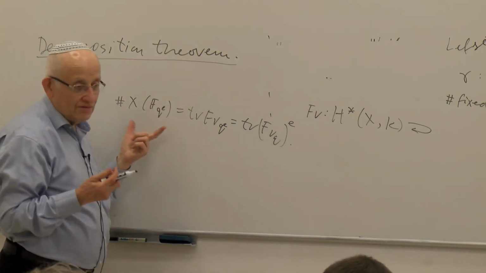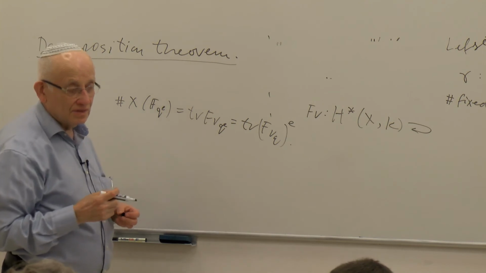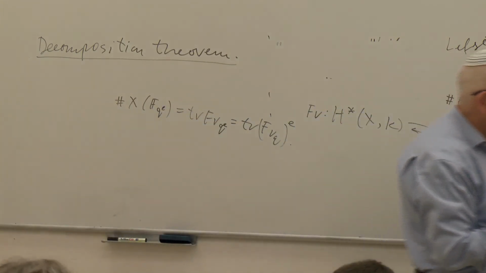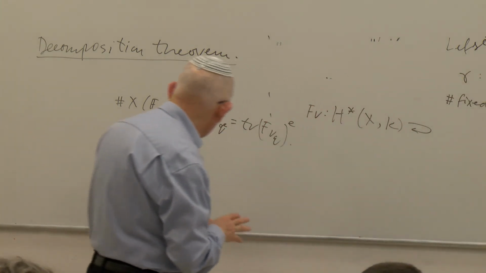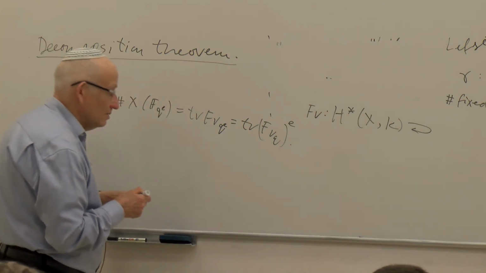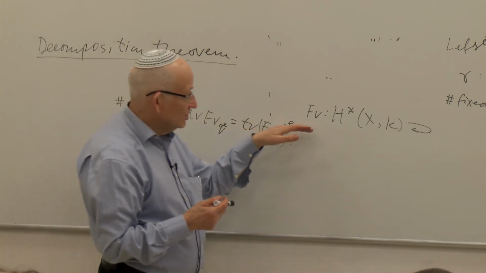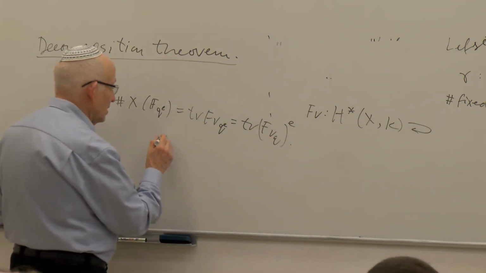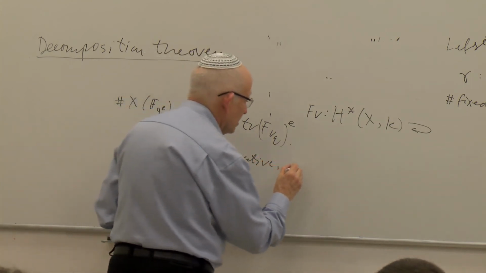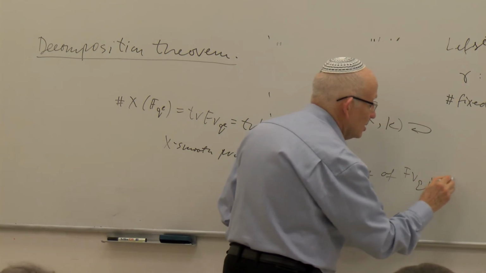So this gives you a first quite non-trivial result. This number of points as a function of L is a sum of several geometric progressions. So from this conjecture, this immediately follows. Okay, and this was the first part of the conjecture. The second part of the conjecture was that if X is smooth projective, and lambda is an eigenvalue of Frobenius_q in H^i(X),